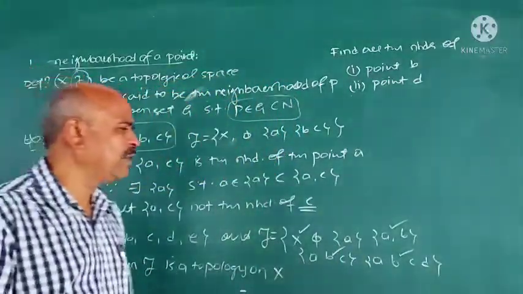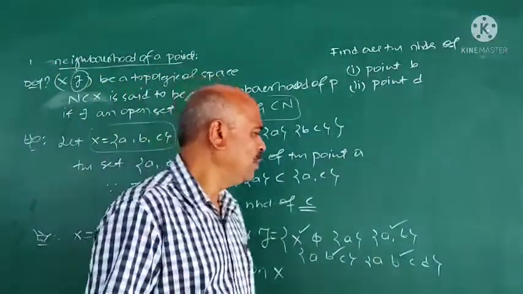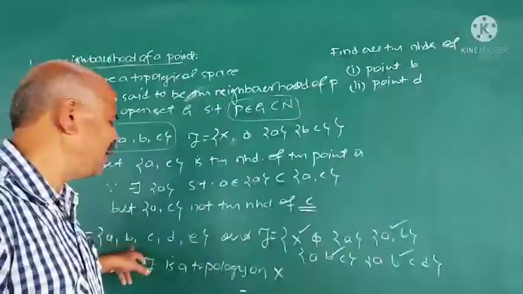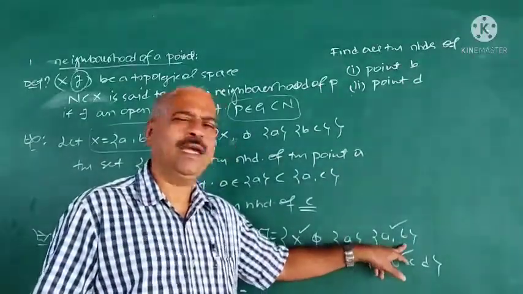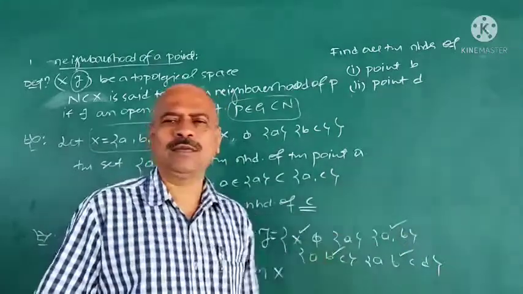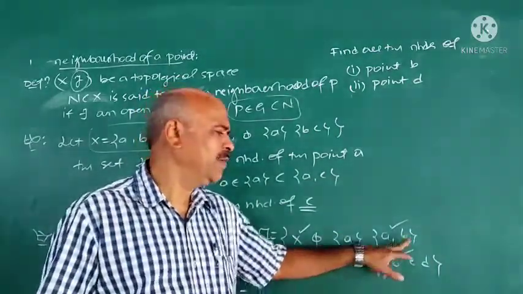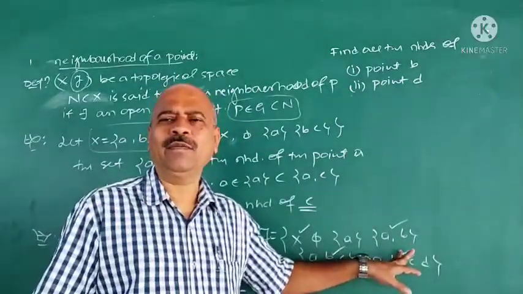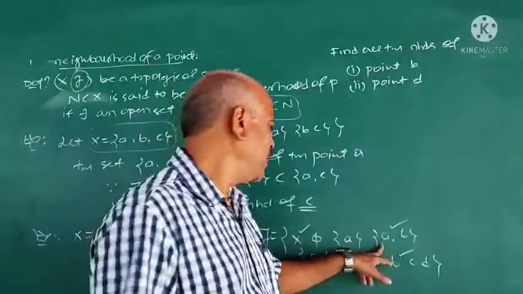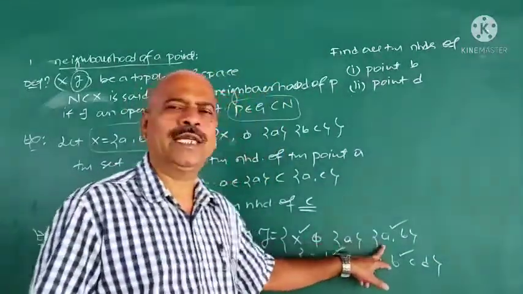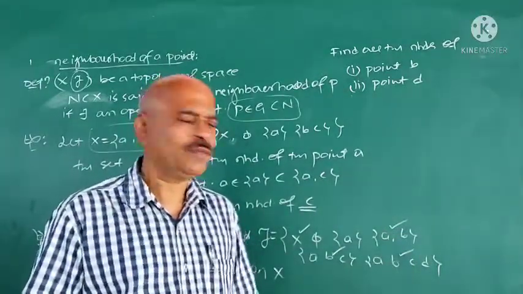See, all these are neighborhoods of B. Why is AB a neighborhood of B? Because AB is a subset of X here and the open set containing B is AB itself. Since AB is open, AB is the open set containing B and it is contained in AB. Followed? It is an important result. That means an open set is a neighborhood of each of its points. We prove this as an important result.